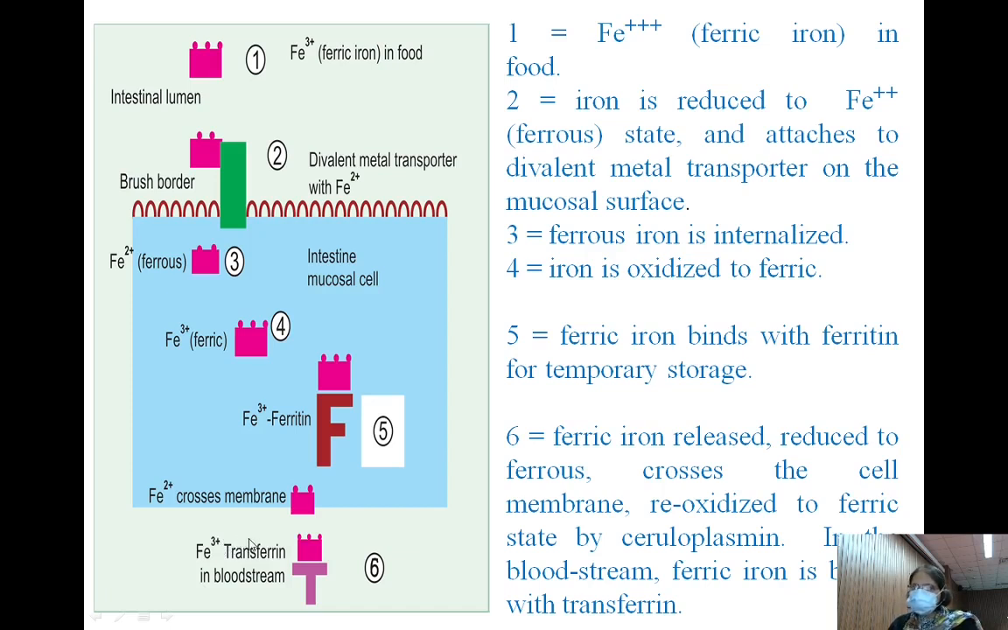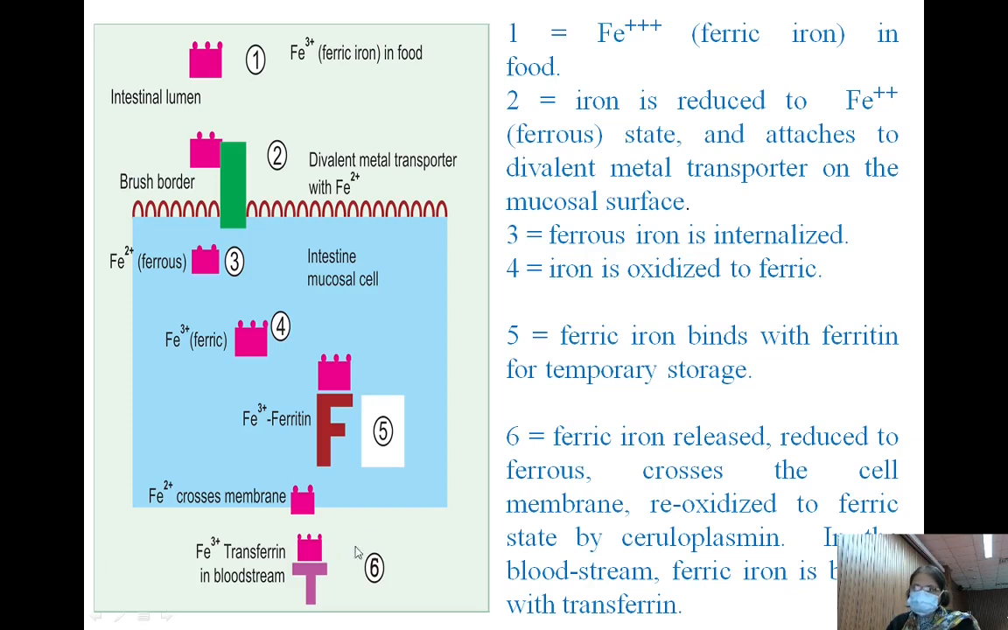ceruloplasmin. As soon as it is oxidized to the ferric state, it combines with transferrin and circulates in the blood. That is the story. After reaching the circulation, it is reoxidized by ceruloplasmin, a copper containing enzyme, or by another molecule